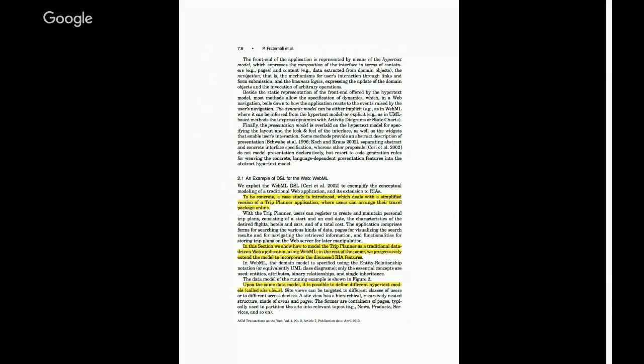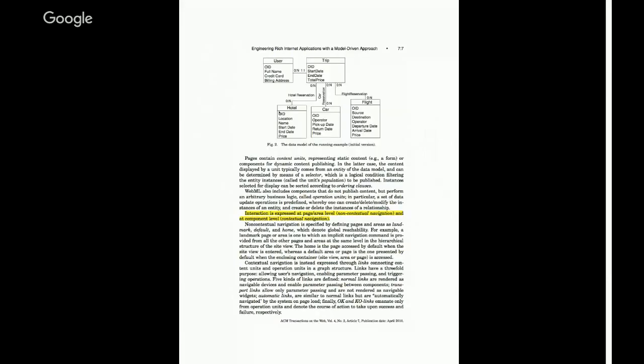On top of the class diagram or ER diagram, a hypertext model can be defined. This is a site view with a recursive nested structure with pages, areas, content, and so on. The content is fetched from the data model by applying selectors, filters, and sorting parameters. Interaction is expressed at page level, area level,